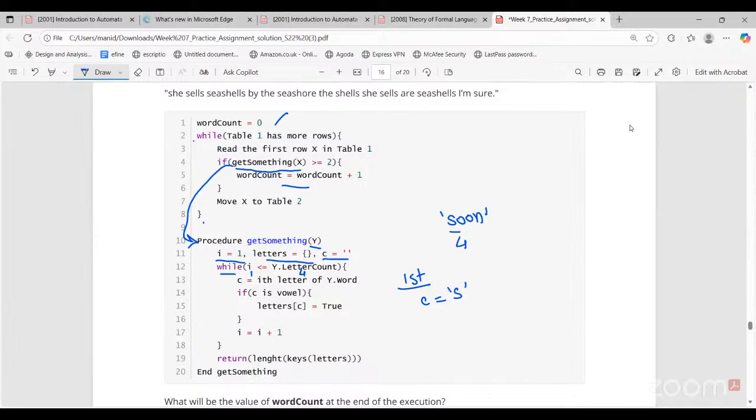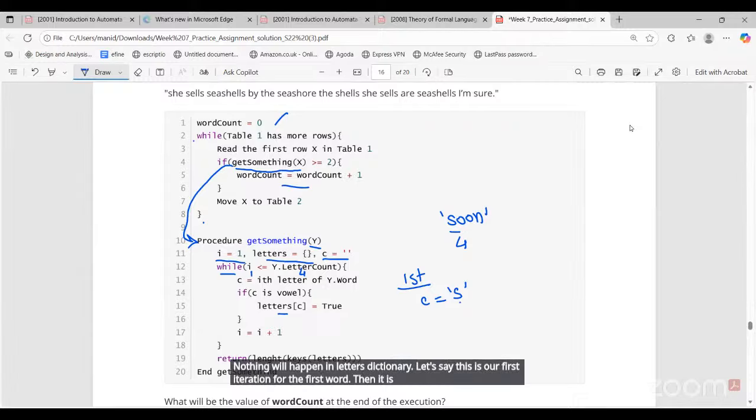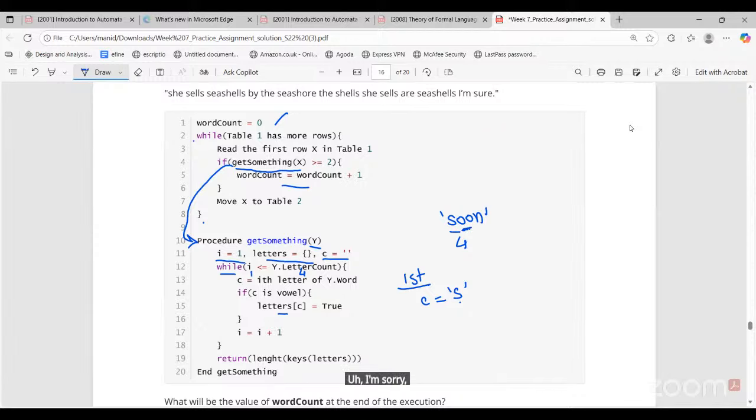Okay. C is S. If C is a vowel, then in the letters dictionary, you set the value of C to be true. Okay. So in our case, is S a vowel? No. Nothing will happen in the letters dictionary. Let's say this is our first iteration for the first letter. Then it is empty yet. Now when I go for the second letter in the same word,